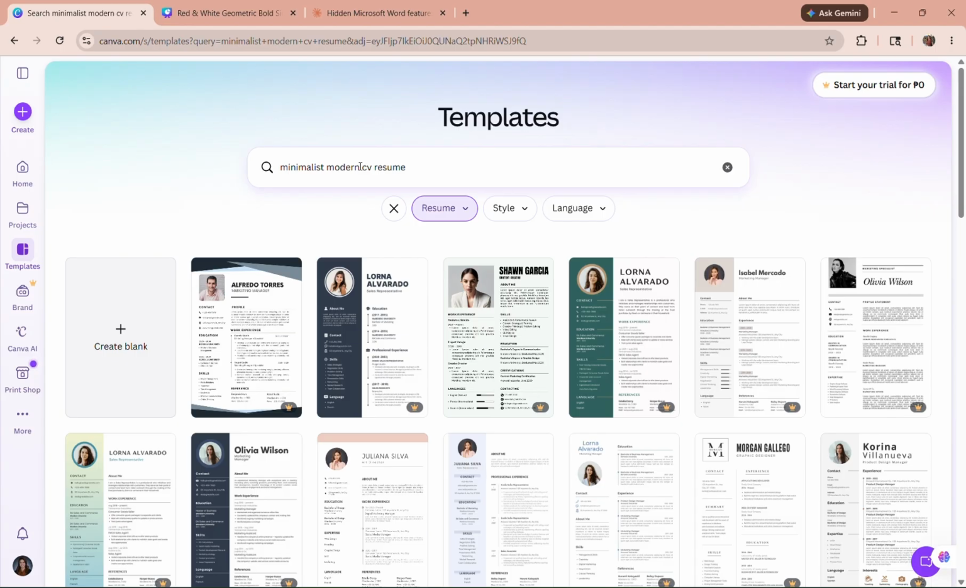Third, name the file with your actual name rather than the generic Canva file name. Recruiters manage dozens of files, and a file name of John Smith Marketing Director Resume is immediately more professional than Canva Design